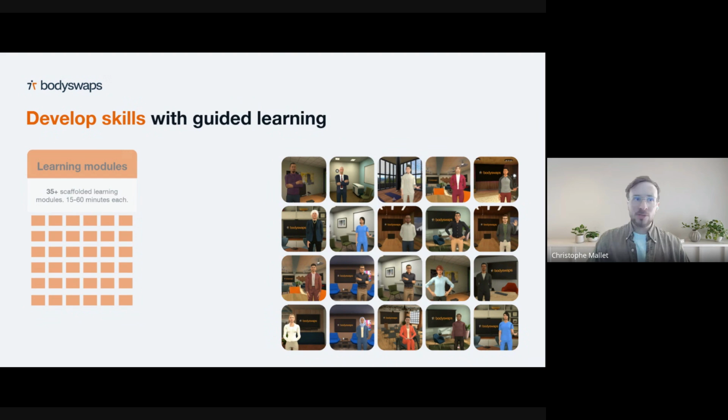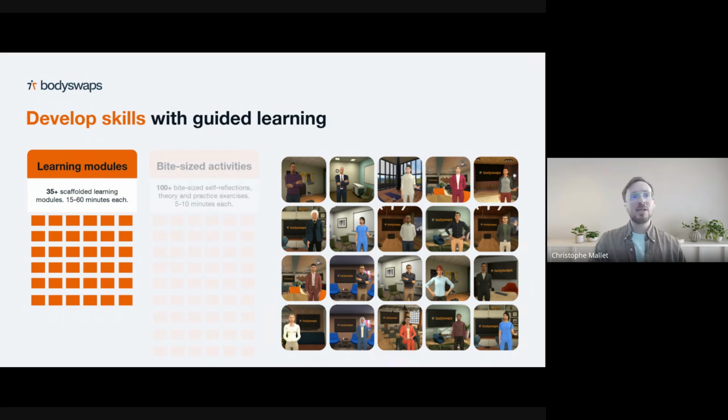On the guided learning side, if you've been with Bodyswaps for a few years, you are aware of the 35 learning modules that we have. Those are scaffolded modules, really breaking the skills down one by one in increasing order of difficulty, 50 to 60 minutes each. What we did to answer that first request, I want more bite-sized content, is to break those learning modules